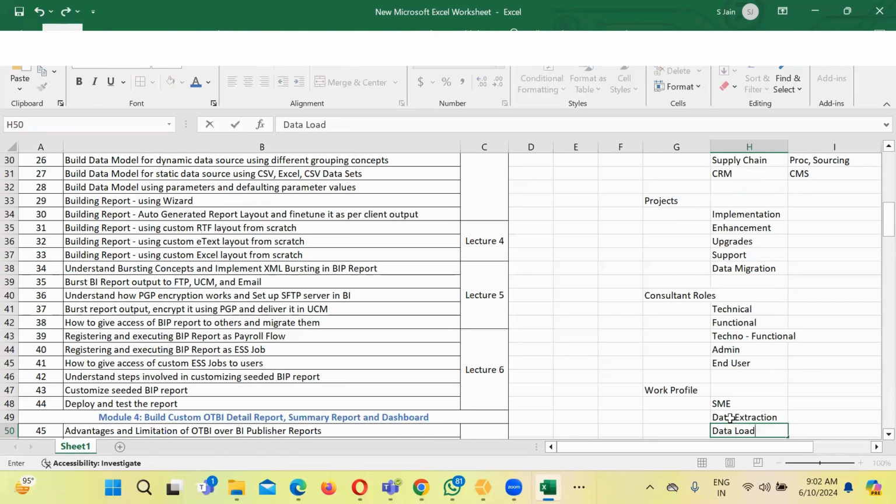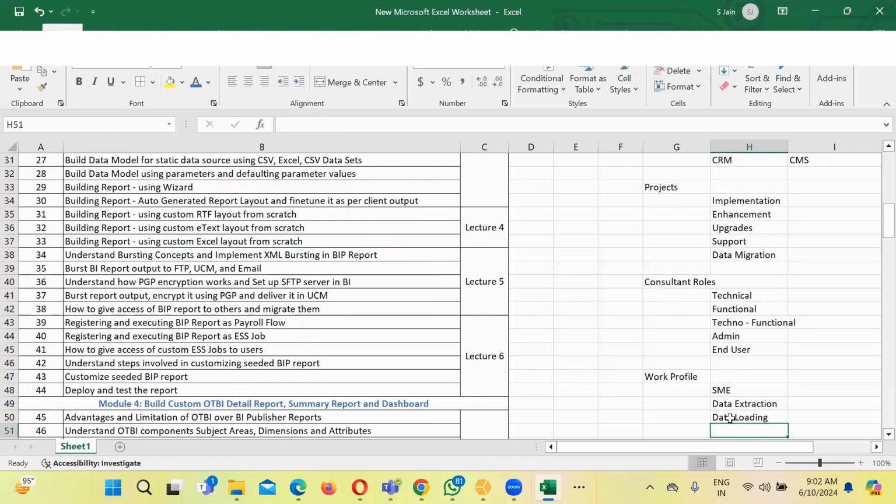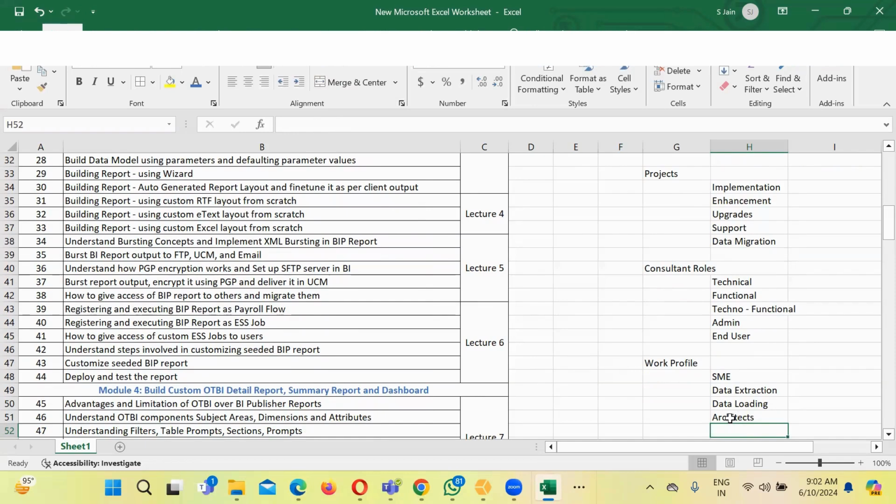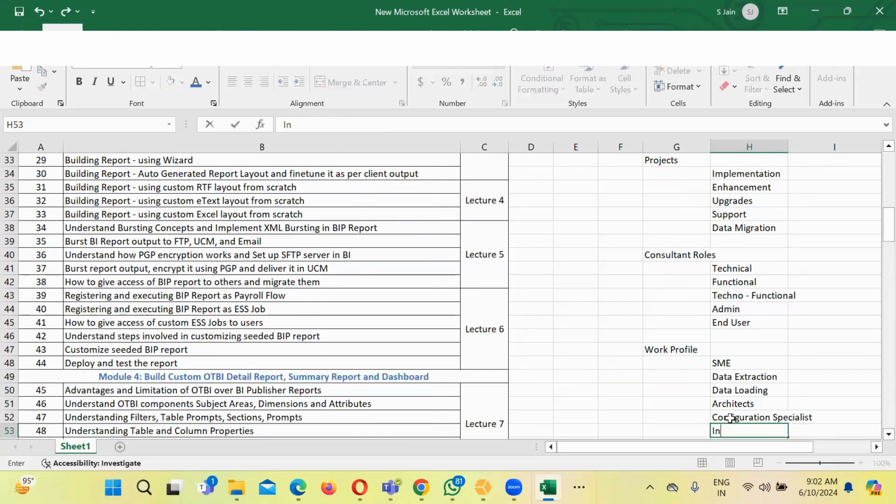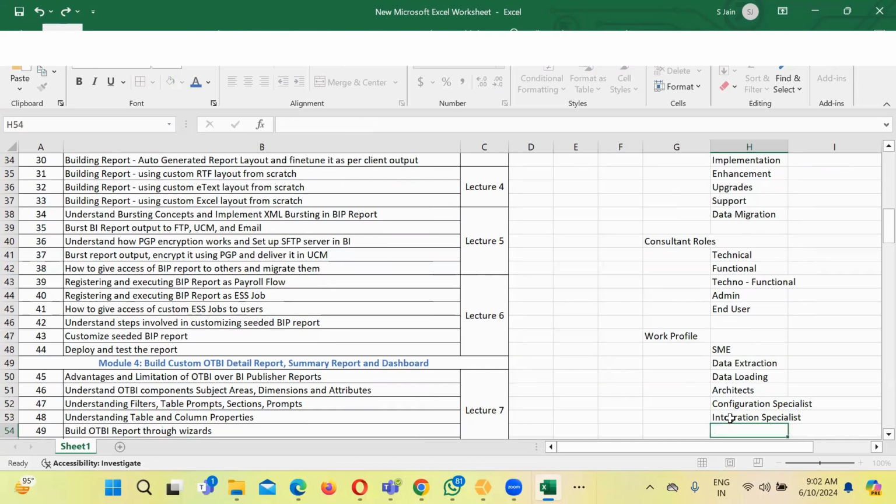Data loading consultants are there. Architects are there. There will be a configurator and integration specialist. So majorly,